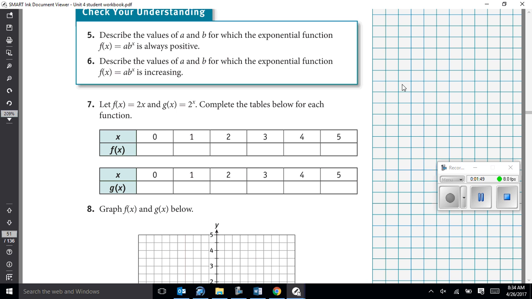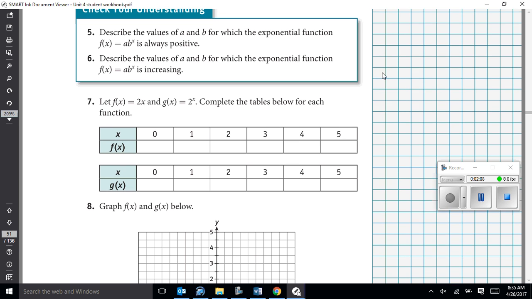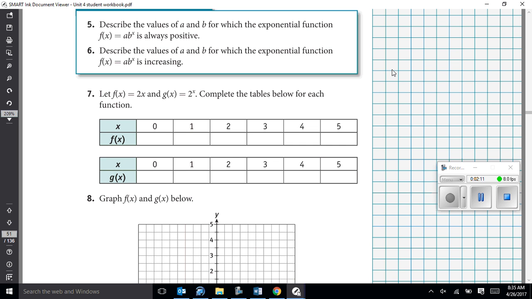Why is not working? All right, so is this, nope. All right,